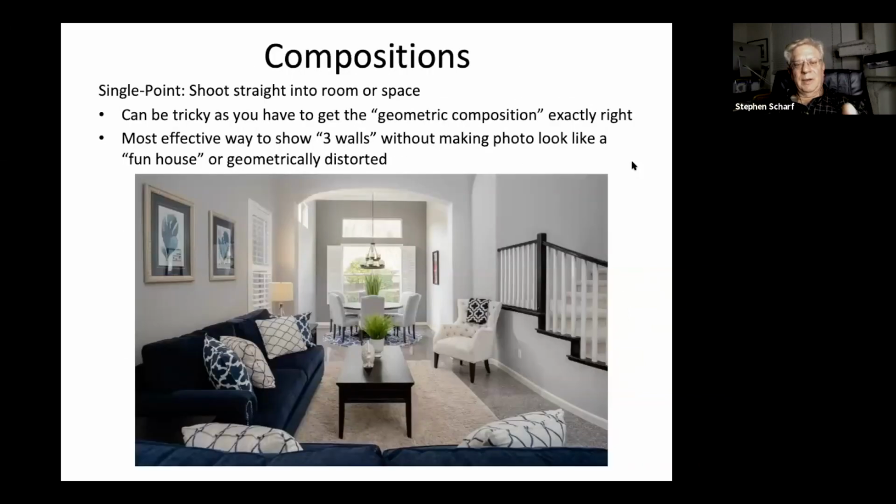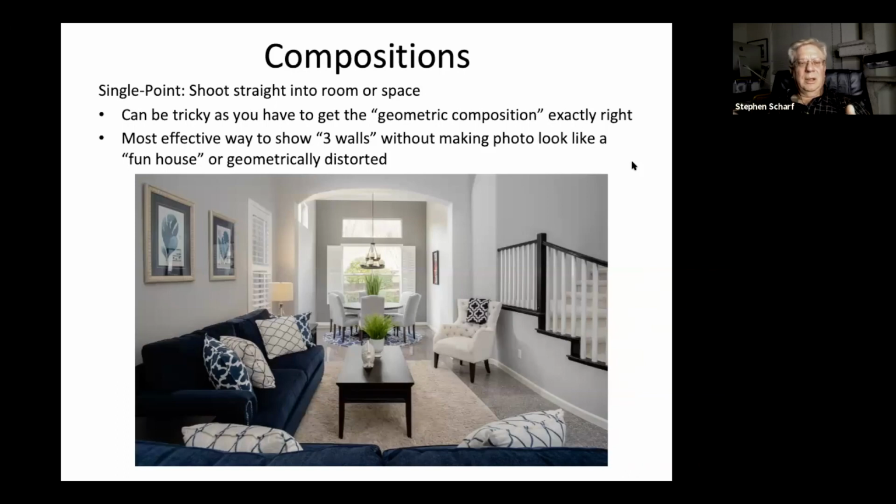The other one I don't have an example of right here, but I can speak to, is a three-wall shot. Those are usually not done because oftentimes, unless you have a tilt shift lens or a particular angle of the room, you'll start to get a convergence at the back of the room when you're showing three walls, and that can make the room look a bit like a fun house where one part of the room is wider and bigger than the other, and then it converges down to some weird, odd shape or geometric